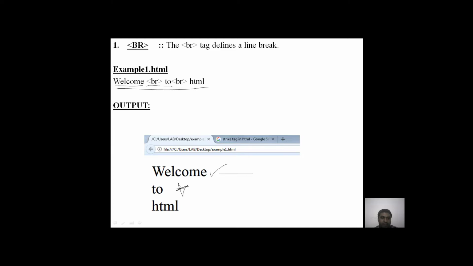After that we have written a BR tag. Whenever the browser encounters a BR tag, it automatically inserts a line break. So now the cursor jumps to the third line. Now we are in the third line. After that I have written the text HTML. Since this is treated as text by the web browser, it automatically displays that HTML text on the third line. So finally we will get an output, welcome to HTML, in three different lines by using this sample piece of code.